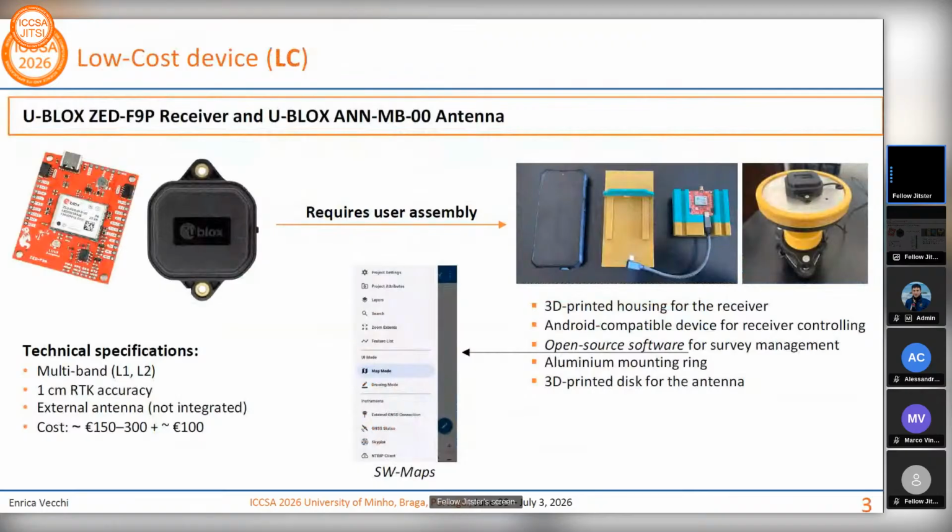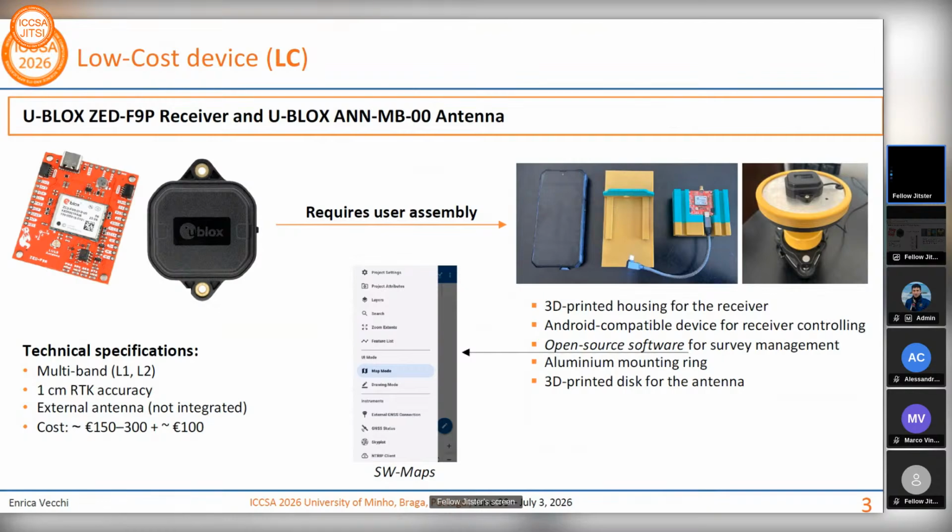So going to our low-cost device, we selected a U-Blox ZED-F9P receiver together with its patch antenna, and these are some technical specifications. As you can see, the receiver is able to acquire multi-band, multi-frequency, so L1 and L2. It has a nominal declared accuracy in RTK mode of about 1 centimeter, and it's developed together with its antenna, not integrated. The cost ranges from 150 euros to 300 euros for the receiver and 100 euros for the